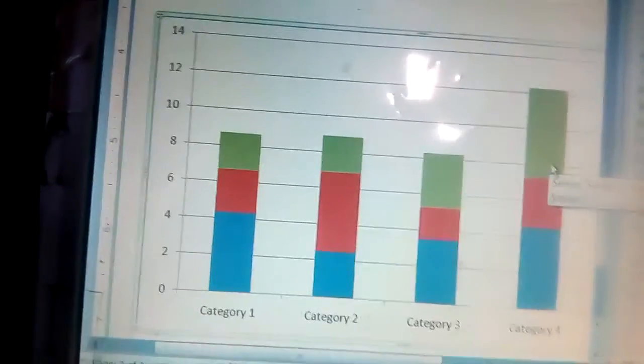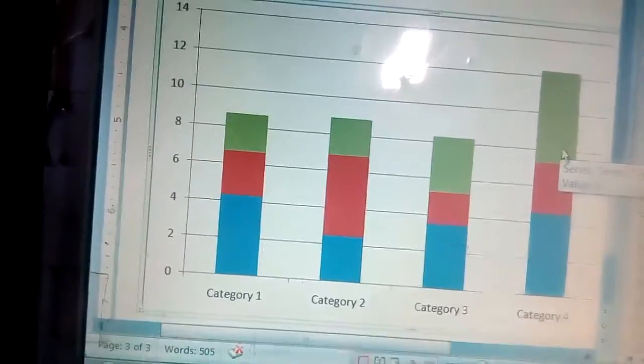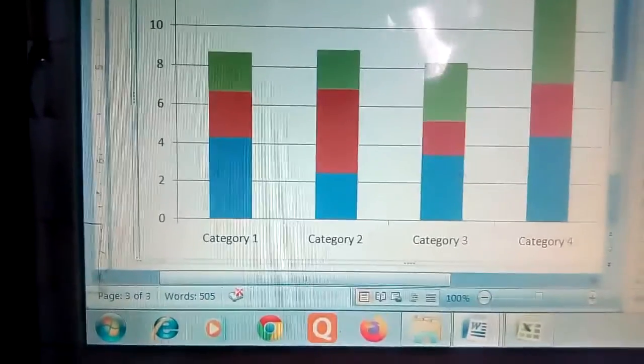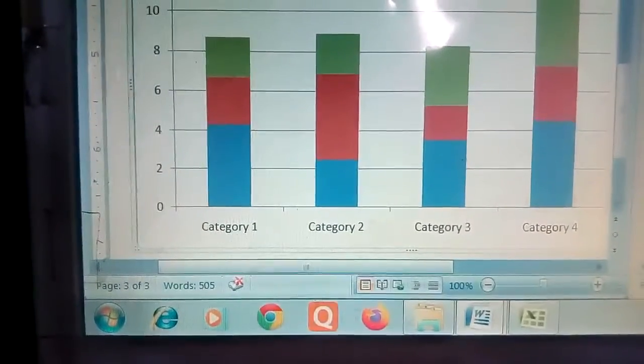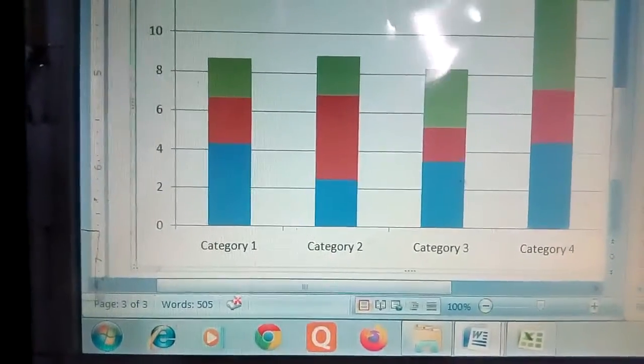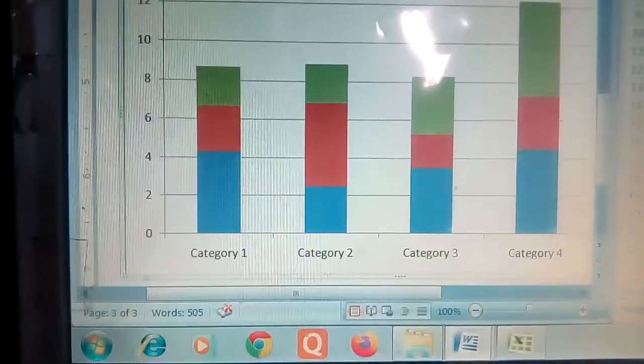Okay, next thing, how will you do text wrapping? So for that I am closing it, or you just go from here, page, this is home, picture, insert.